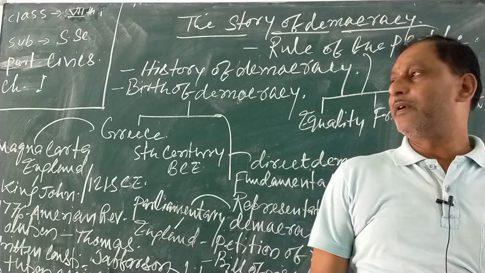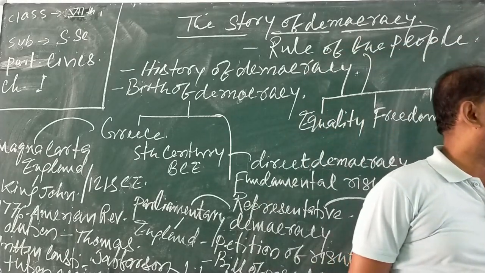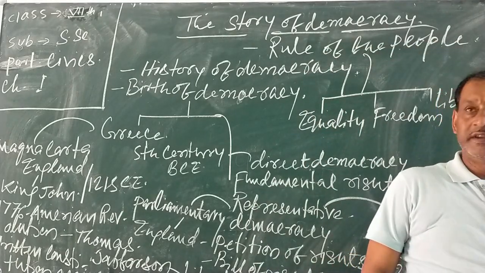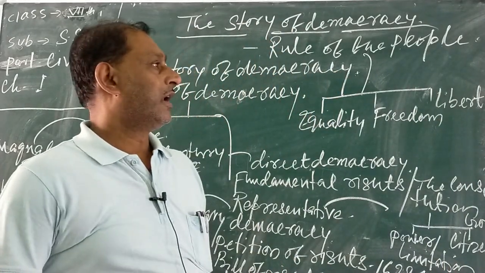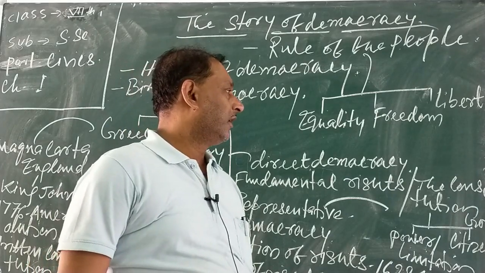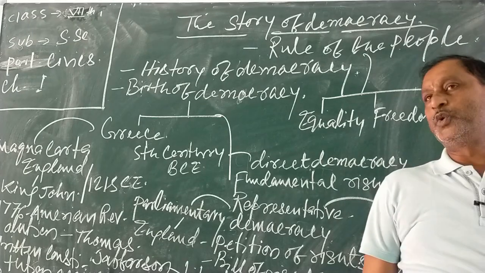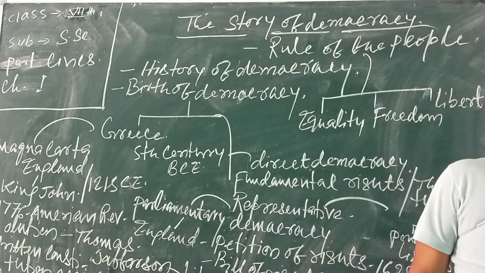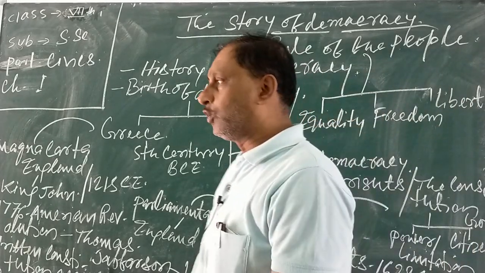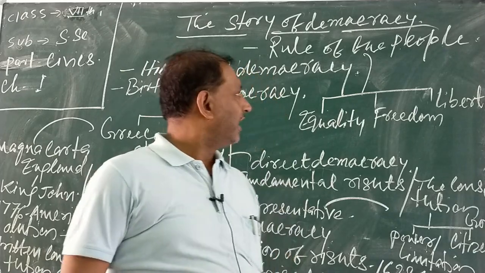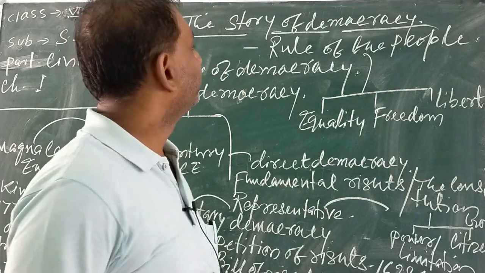declared and described in chronological order as phases of democracy. The first phase of democracy is before the 19th century, the second phase is the 19th century to the 20th century, and the third phase is the 20th century until now. So the democratic journey is described in chapter 1 as a story of democracy.